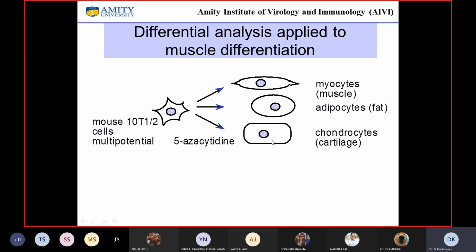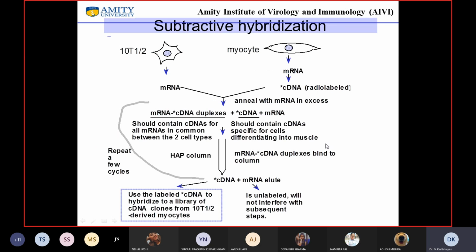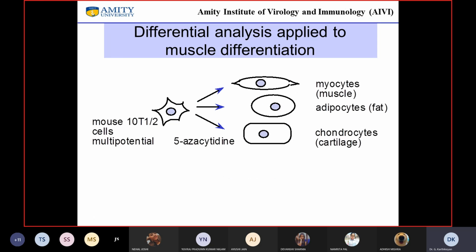Then you can analyze these cells and find out what is the difference in a myocyte versus this cell line, in the adipocyte versus this cell line, and in the chondrocyte or cartilage versus this cell line. You can know what genes are responsible for transforming this cell into a myocyte, adipocyte, or chondrocyte. That is what happens in differential analysis.